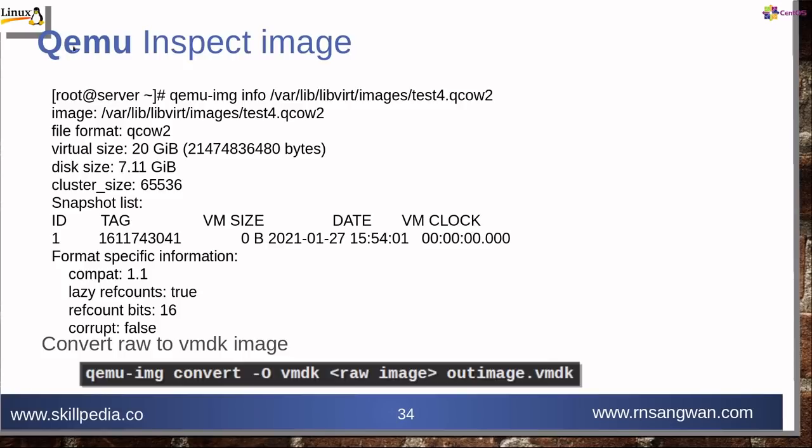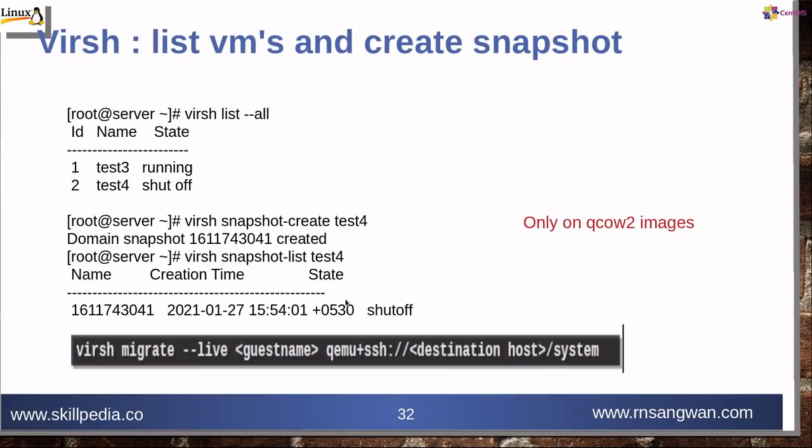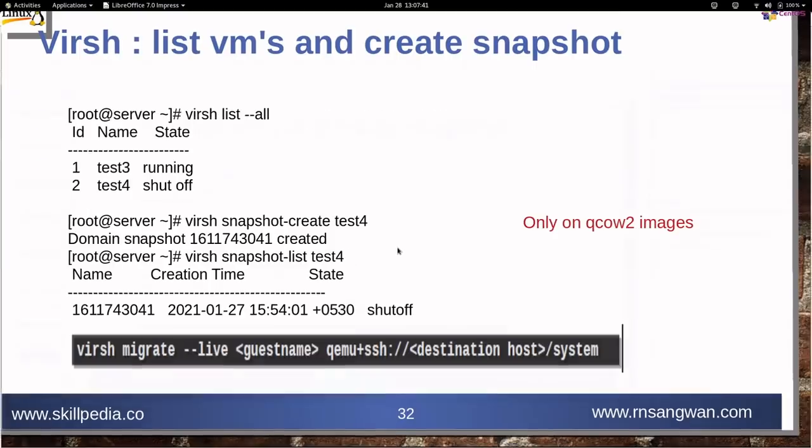For example, you want the details about test4.qcow2, right? This is a machine we launched and the default image was created here only. So we can see that, and it will give you this kind of message: image name, format, virtual size, disk size, actual size, cluster size, snapshot list, the snapshot we created, right? So we are going to create the snapshot and we are going to use the snapshot list, right?